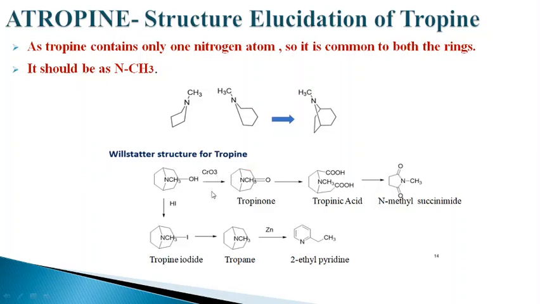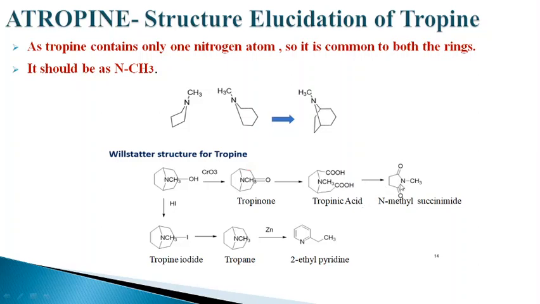As you can see, this is the probable structure, or Willstatter structure, for tropine. When subjected to chromic oxide, Kunroth oxidation, it forms tropinone, which on further oxidation, degradation, forms a dicarboxylic acid. As you can see, this degradation has resulted in the opening of this ring and converting it into a dicarboxylic acid. This means one ring of the bicyclic structure has opened or degraded, converting it into a dicarboxylic acid, which is tropinic acid,